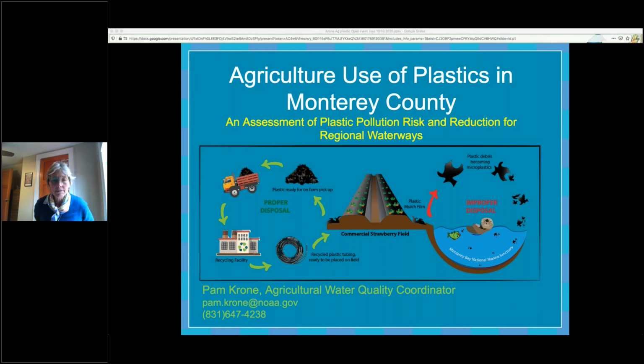So that's true of every single sector. It's true whether you're in agriculture or packaging or a consumer using plastic bags. We all need to be more aware of plastic use and proper disposal so that we create something on the left side of the diagram here, which shows a product being recycled and reused, versus on the right side, where it's going into the sanctuary where it can harm the things that live there. Next slide, please.